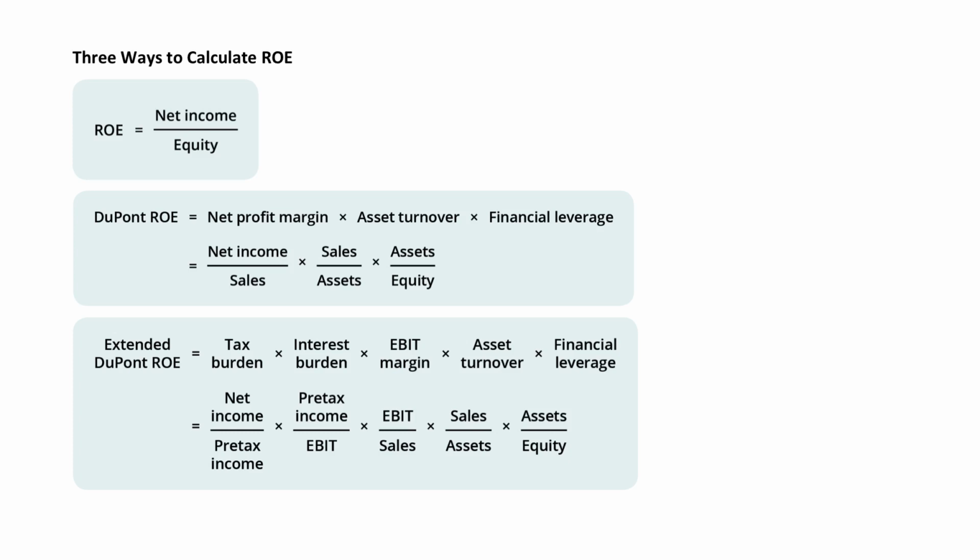Specifically, your cost of goods sold, SG&A, your EBIT, your proxy for your operating income. If you did some simple crossing out, if you crossed out the EBIT in the second and third fraction, if you crossed out your pre-tax income in the first and second fractions, you'd be right back to net income divided by sales. But now we have more detail as to what's driving our profit margin.